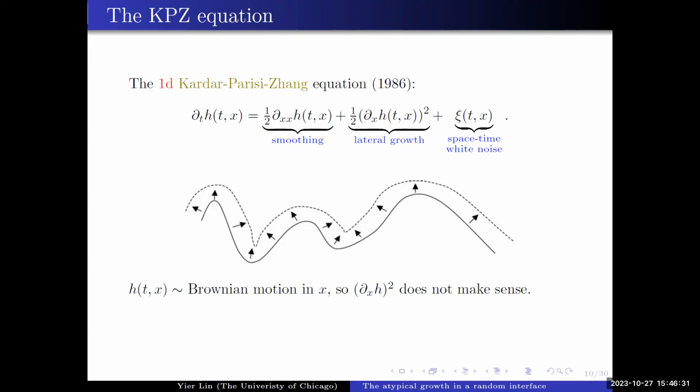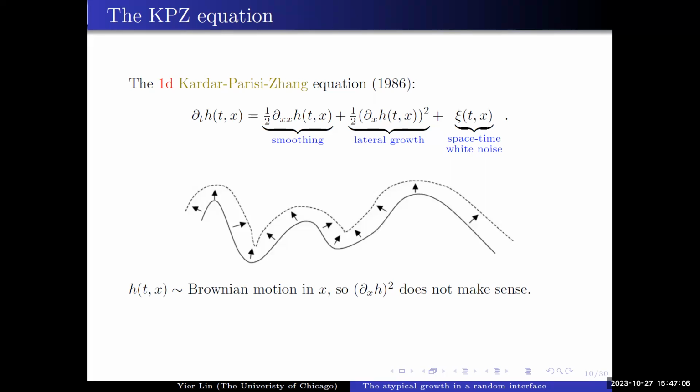So mathematically, we want to understand how to make sense of the solution theory. And there's a problem here, because when you look at the KPZ equation, spatially it will behave like a Brownian motion. When you try to understand this equation in the classical sense, then when you take the partial derivative in x, what you get is a distribution. And then it doesn't make sense what we mean by squaring a distribution here.